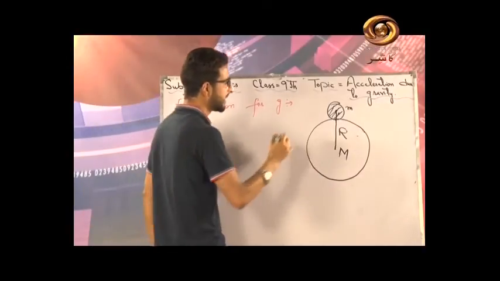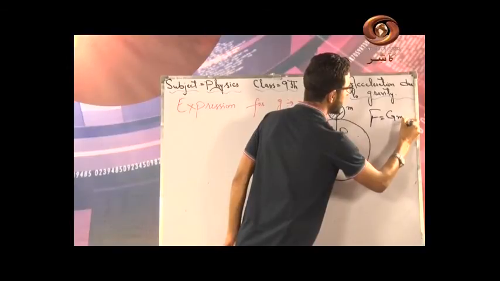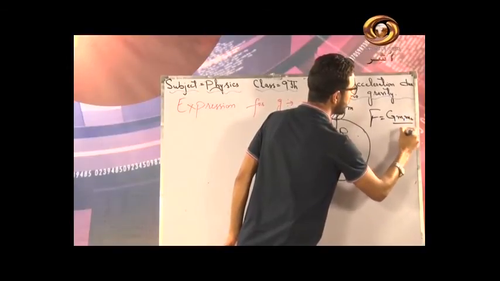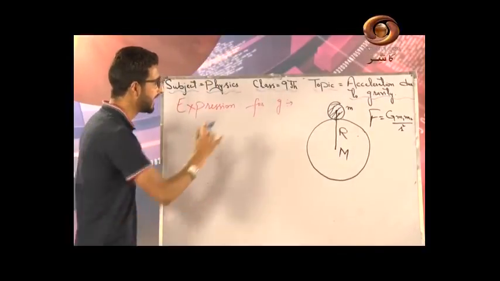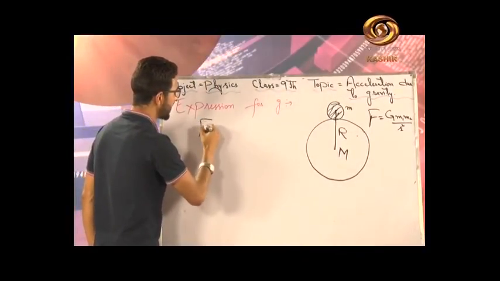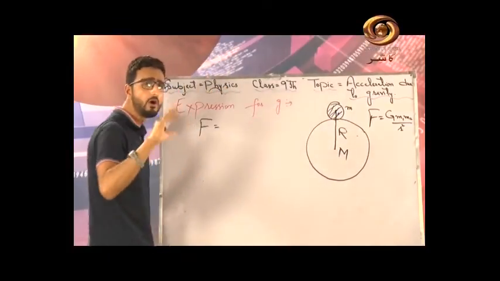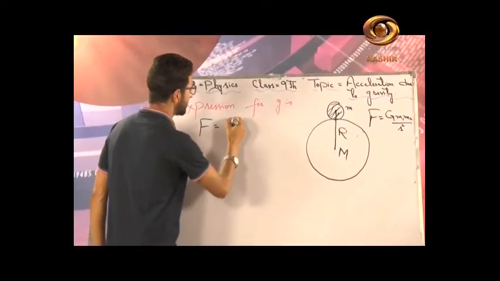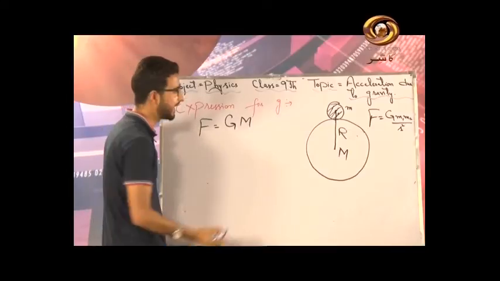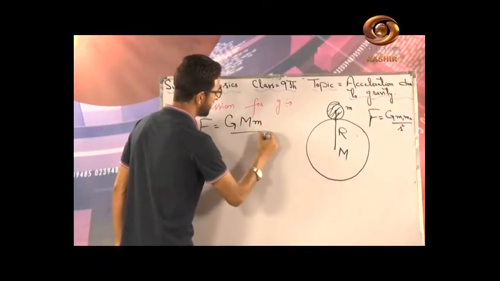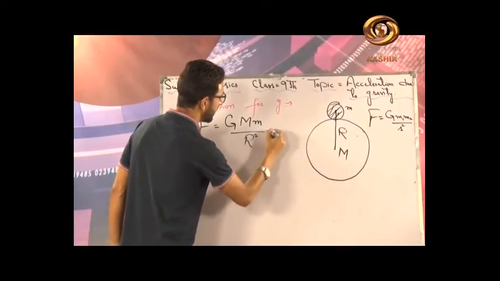याद है ना, उसका स्टेटमेंट मैंने पहले ही लेक्चर में आपको बोला था, F is equal to G m1 m2 divided by r square. Let us apply the same law here, and I will get the force of attraction between the earth and a body of mass m on or near the surface of earth. It will be given by G. So mass of earth I will represent by capital M, and mass of body by small m, and the distance between their centers is r. So let me write it r square.